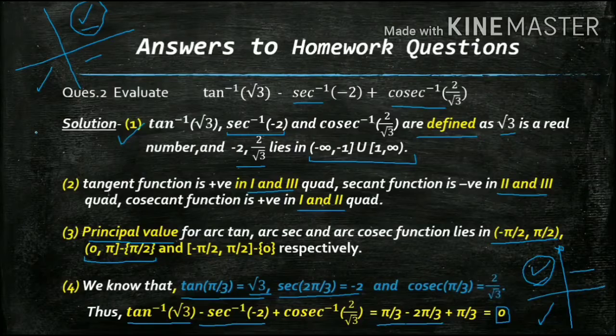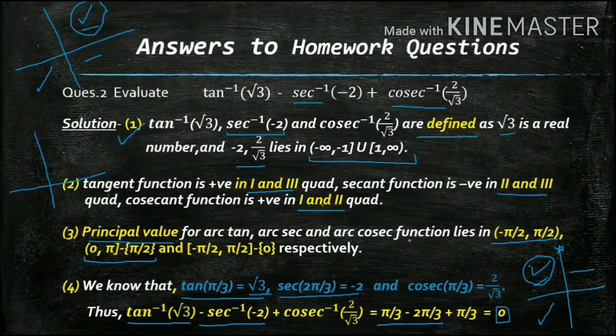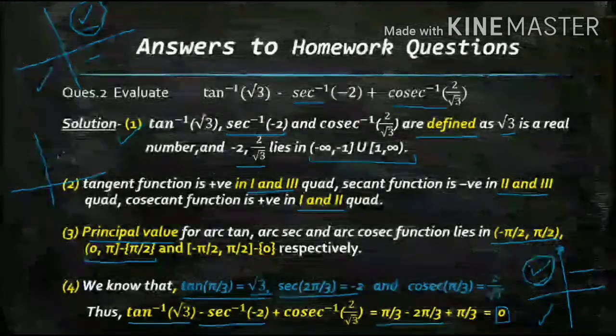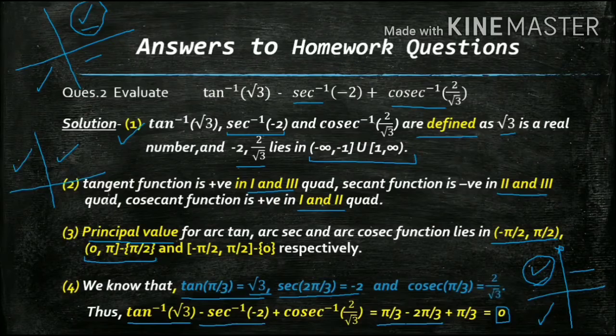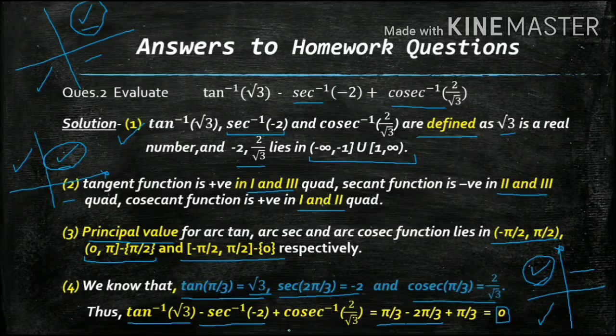Now coming to the final one, the cosec one. Cosec is positive in the first and second quadrant, so the angle lies either in the first or in the second. You know the principal value is the same as sine, just excluding 0. That means either the fourth quadrant or the first, excluding 0. So the common region is the first quadrant. And you know that cosec at pi by 3, or at 60 degrees, its value is 2 by root 3, which is 1 upon sine 60. So in place of cosec inverse 2 by root 3, we write pi by 3.